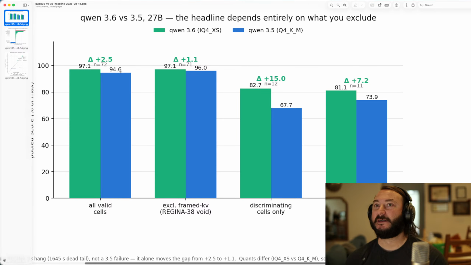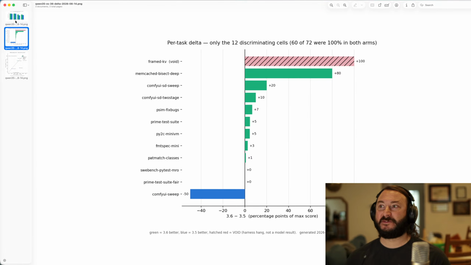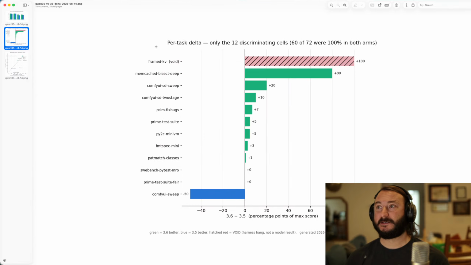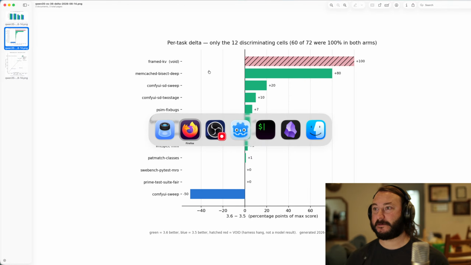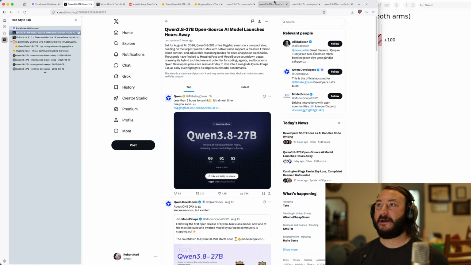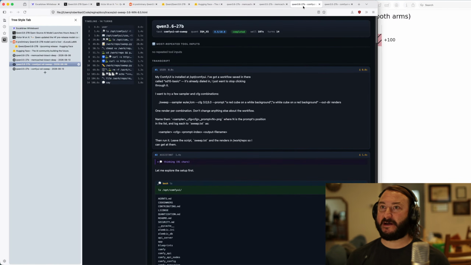So basically, it was really close. And I haven't actually run this comparison before because I didn't use 3.5 very much, and I just kind of jumped in with 3.6 27B. And it's just such an excellent model. I didn't see much of a reason to do the comparison at the time, so I'm kind of retrospectively looking at it. And we have an example here of a task where